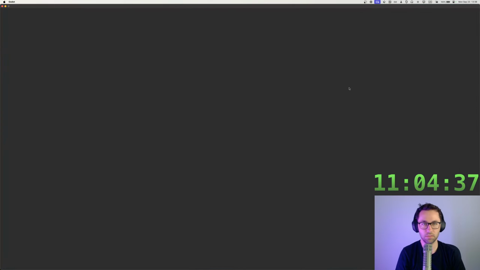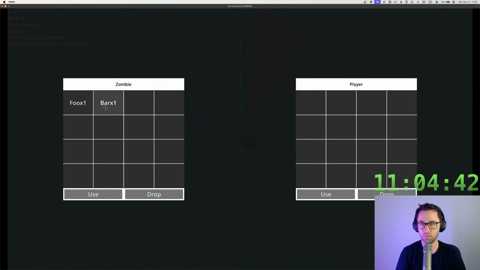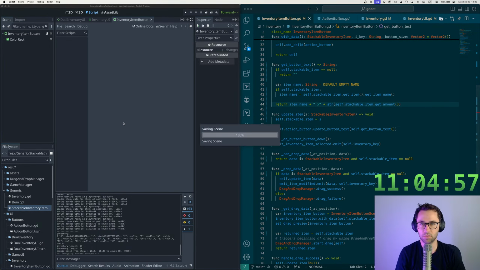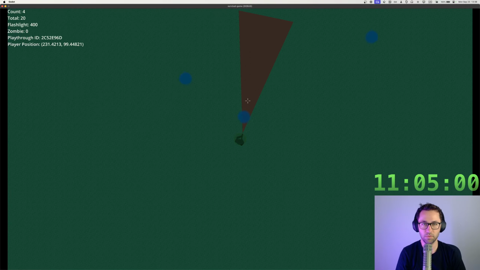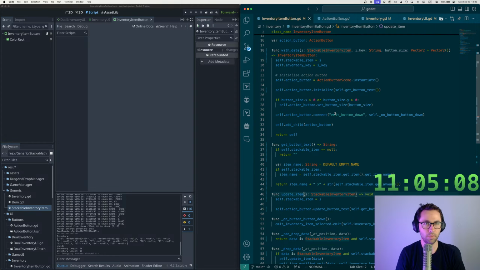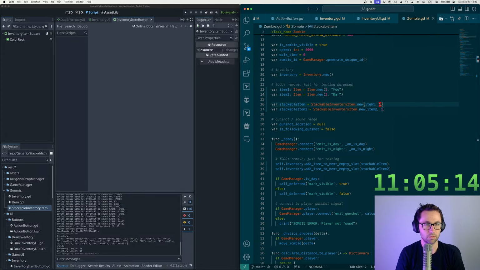Let's close that. Open this back up, continue, open our inventory. Our inventory works. Dual inventory works. Okay, so we got this weird foo x1, bar x1 kind of thing going here, but that's okay. Let's actually just add a space for the moment, just to say there's a single foo and bar item. That looks a little better. Now, if we were to update how many we have when we're creating a zombie. So we'll say we have 20 and